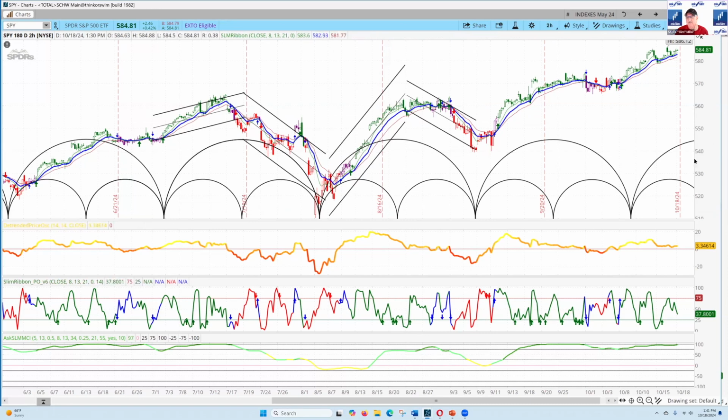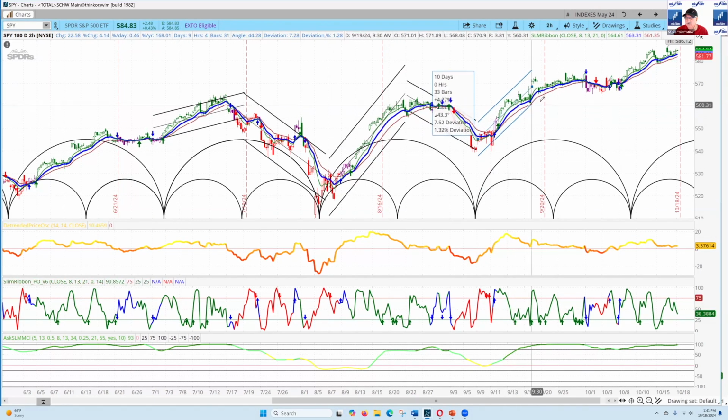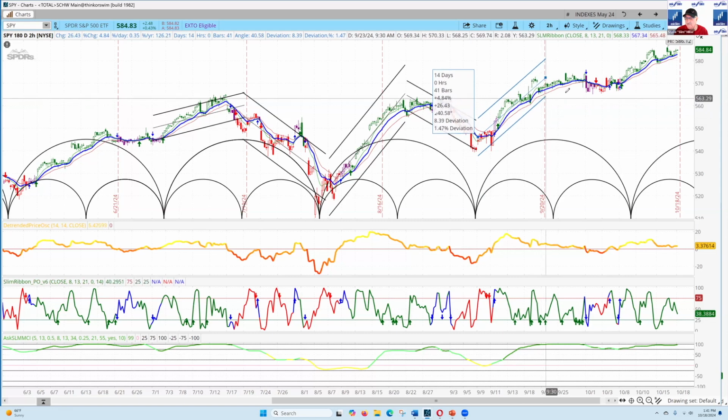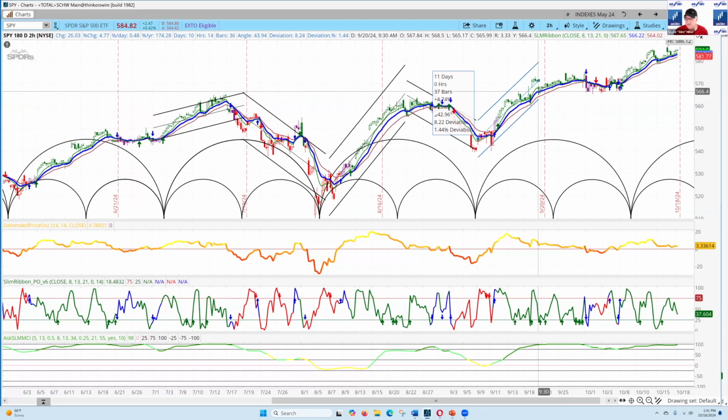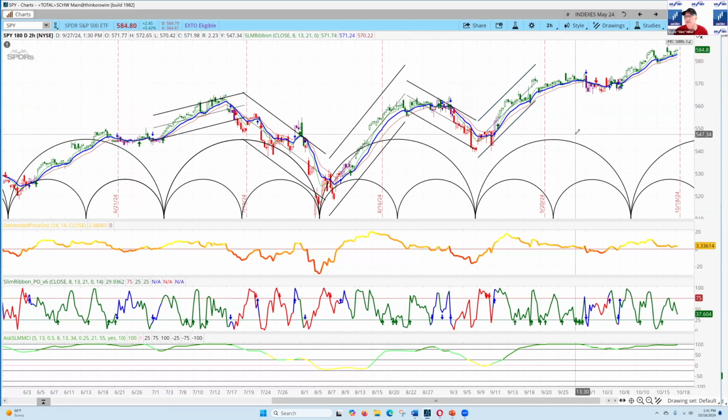So this is actually very advanced teaching, but I wanted to show you this because it gives you such a great sense for how to use some of these other tools in a way to really understand market conditions. And you could see in here while the slim ribbon PO turned negative during that period right over there. Let's look at that next daily cycle right in here. It was really strong. It's hard to identify that trough. I don't really see a good one. Probably is right here, and you can see it points up.